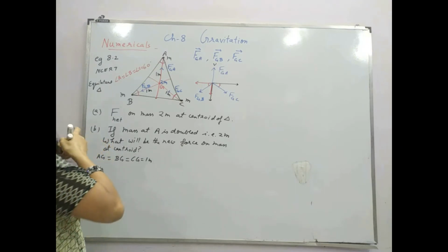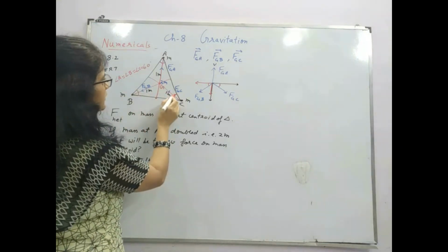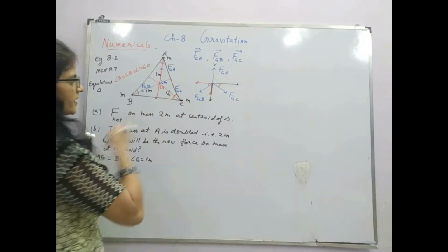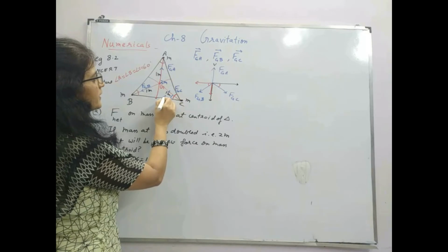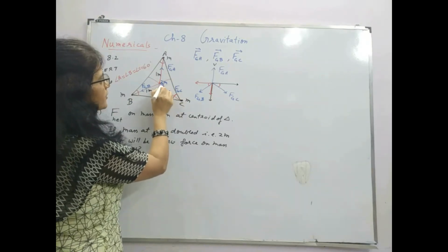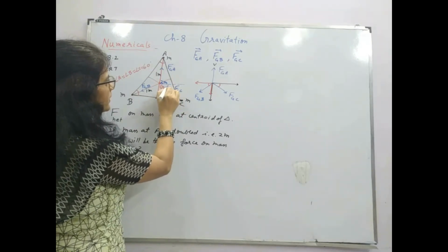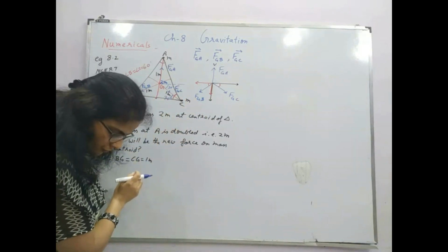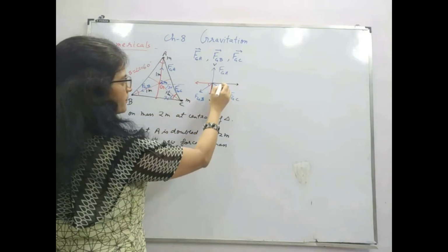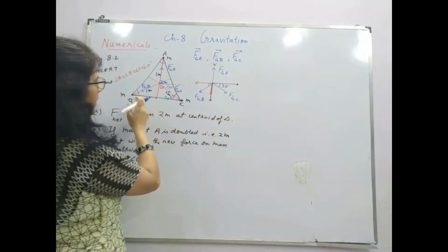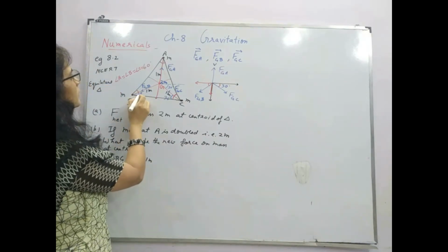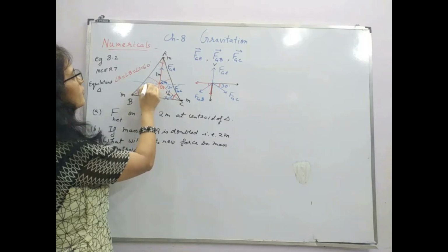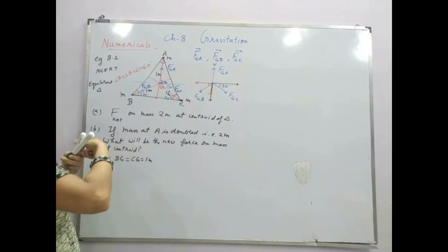So what will be this angle? This angle is half of this 60 degrees. So I can say that this will be 30 degrees. So obviously this horizontal angle will also be 30. So this looks matched up here. So if you look at this, this will be 30 degrees. And again, this angle will be 30. So this angle will also be 30 degrees.